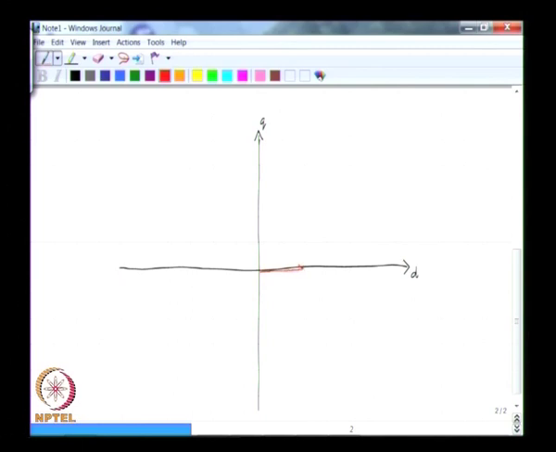So, the ID phasor is here and then the IQ phasor is here. So, these two together would then give us the phasor of the armature current. So, there you have IA,